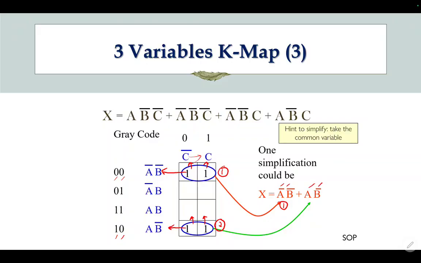If you use Boolean simplification, you can still simplify X equals to B bar, A bar times A. I think this one is a Boolean rule number 6. So this one equals to 1. So X equals to B bar. You can still simplify using Boolean equation. Means that this 2 grouping is not very simplified yet. It's correct, but it's still not simplified. You can still simplify using other grouping.